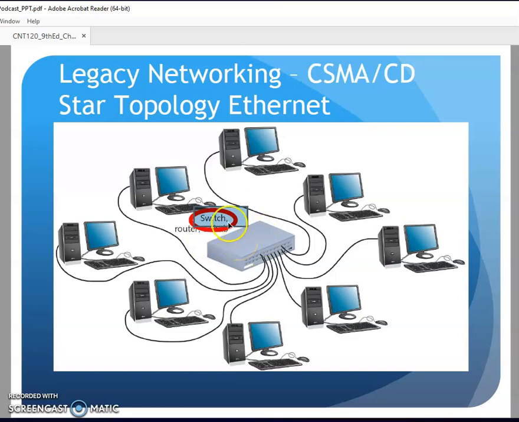Well, with the switch now, the switch is layer 2. It actually tries to learn the MAC address of anything attached to any port. And the idea now is when data comes into the switch, it goes, hold on. I know where that MAC address is, and it tries to send it out one and only one port to